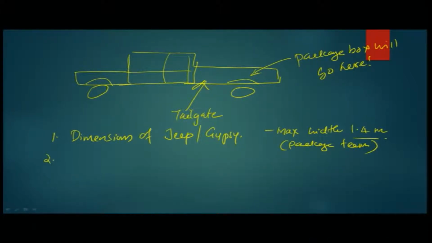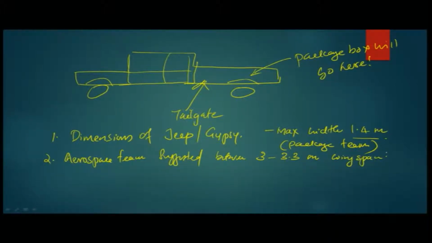Then the aerospace team suggested between 3 to 3.3 meter wingspan. Okay. So, the 3.3 meter wingspan and then some additional connectors and other things were part of this. If you try to find out how they came up with that, the idea was that the UAV has to lift something close to 20 to 25 kilograms all up weight,